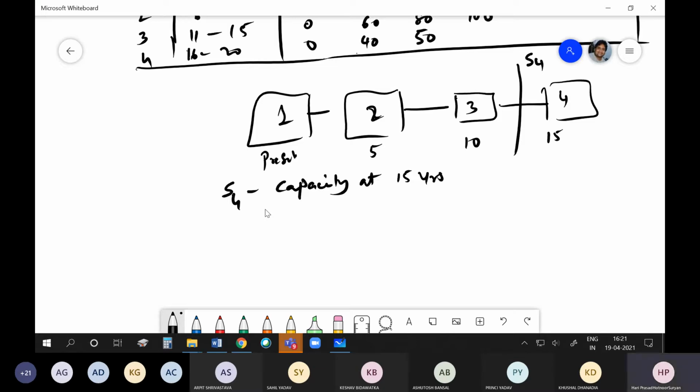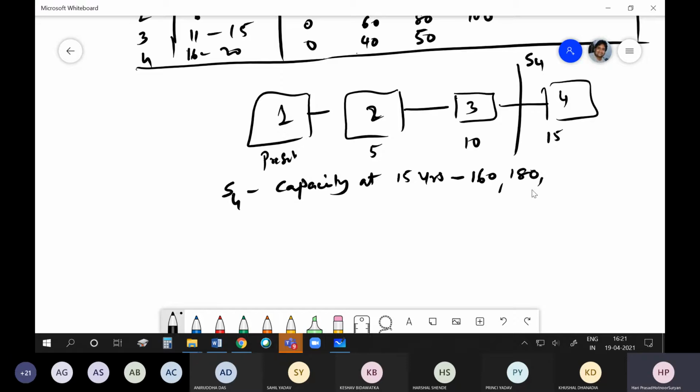What is the minimum required? Sir, 160. I should have 160, because at the end of 15 years, yes, I should have 160. Or what are the other values I can have? Greater than 160. That means I can have 180 units. That's good. I have more than what is required.